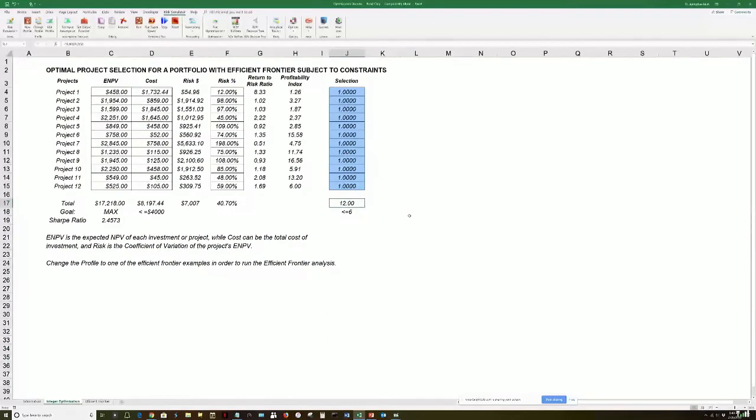You may add additional constraints on here, limitations such as full-time employees, FTEs. I only have 25 managers, 36 engineers. How do I task them so that I don't have to start hiring additional people? What's the probability of actually having an additional 10% buffer in terms of dollar amount or completion on time? Which of these projects do I choose? You can add any and all of these complications, if you will, and we can show you that in a few minutes. And what I do here is run something called optimization.